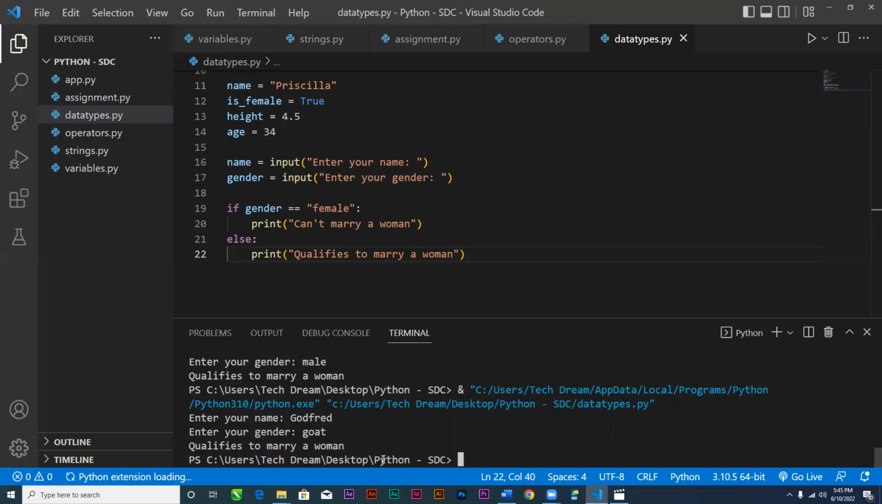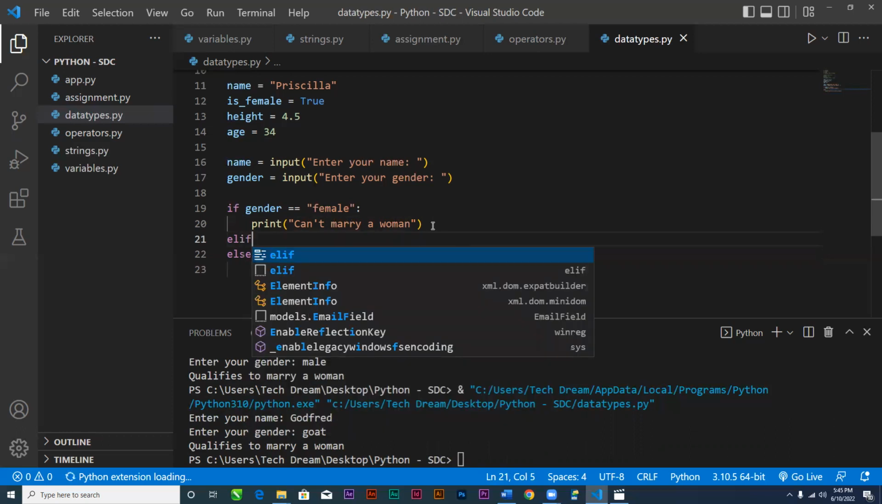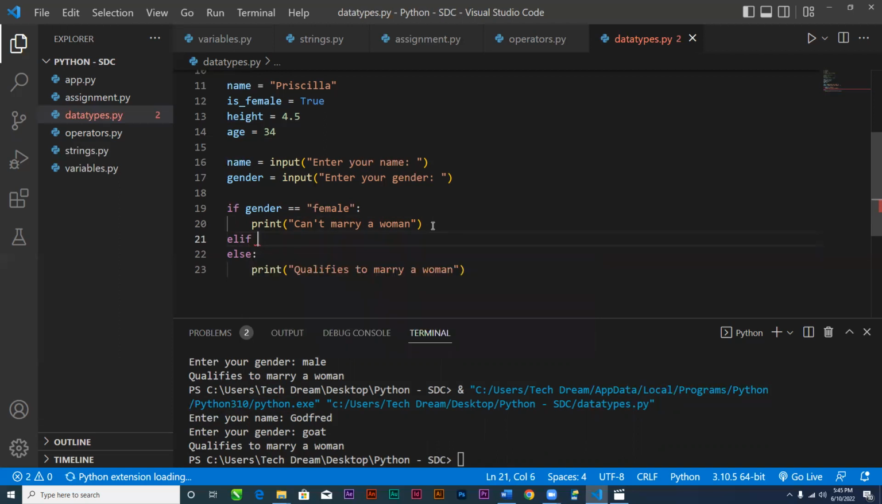That is, we want to add the male version into it, and that is what introduces us to another thing we call else if. That is, if you are not a female or you are not any other thing, you should be a male. So that is what else if does. So we are going to write else if as elif. In Python, it doesn't allow you to write the else if. It says elif. So elif gender